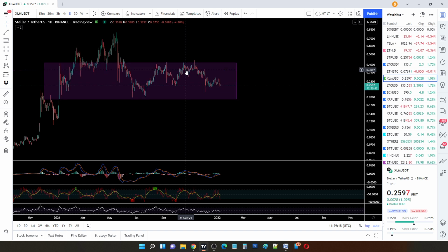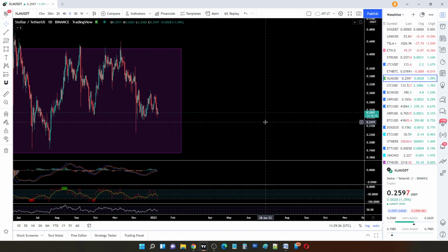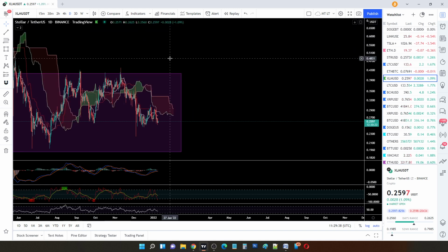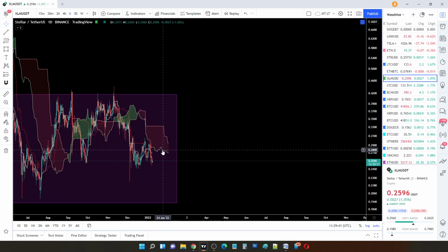So Stellar Lumens has been in this area for quite some time. Long term, I'm still very bullish on Stellar because they've been building a lot of exciting things. They really suffer in the marketing department, but other than that, they are pretty good. So when you use this Ichimoku indicator here on the daily, you can see that we have some resistance at 27